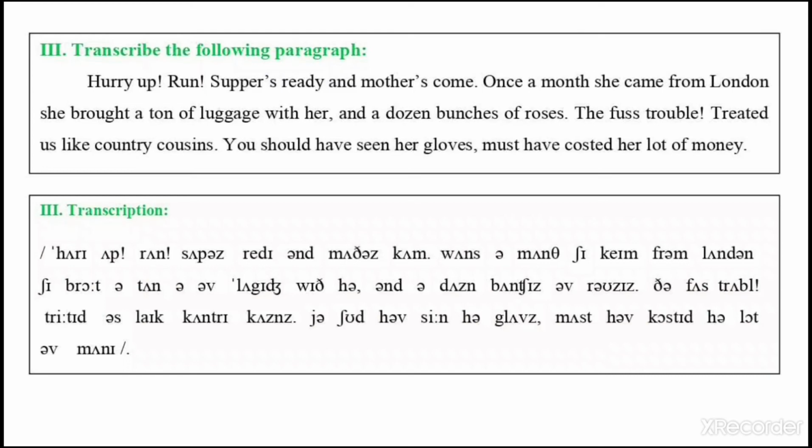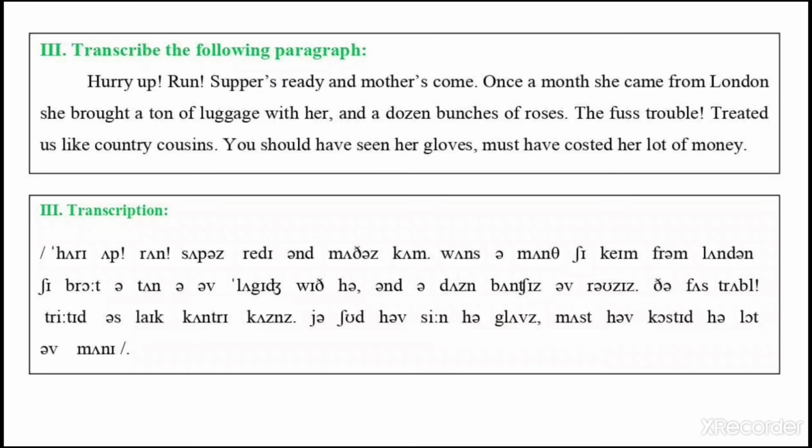Luggage. With short E, the, with her becomes with her, the weak form, with a schwa. Sometimes you can hear only the schwa, her becomes only a schwa, so you can hear with a, okay? Comma, and, with a schwa, and a dozen, schwa, dozen, V upside down, dozen,